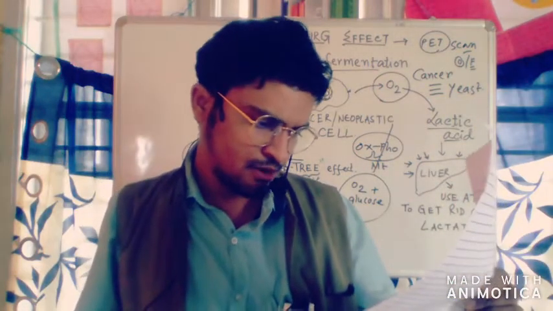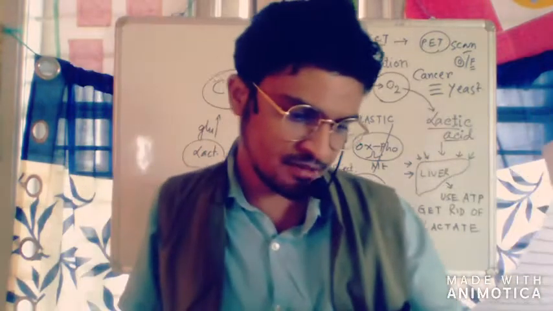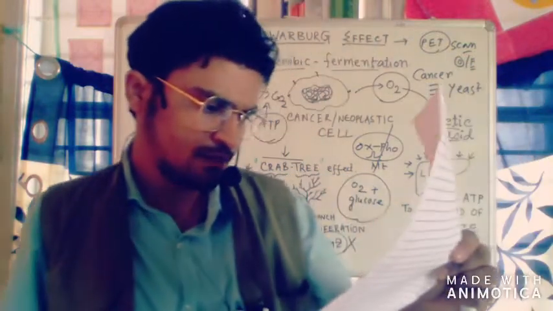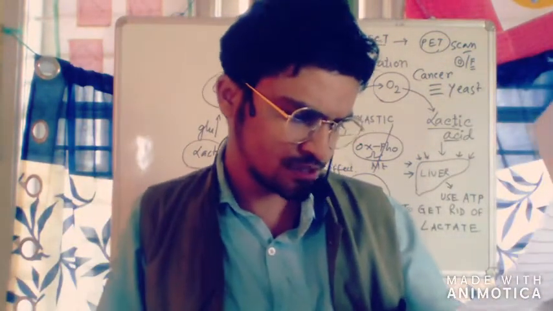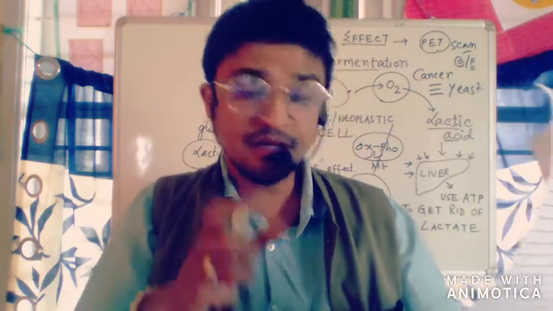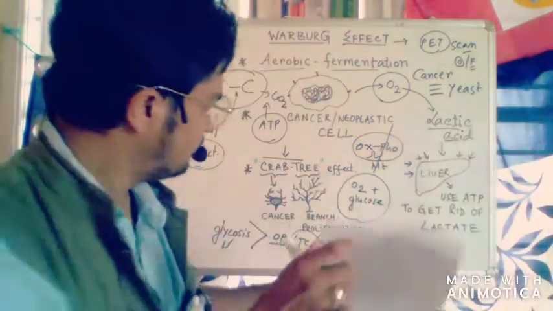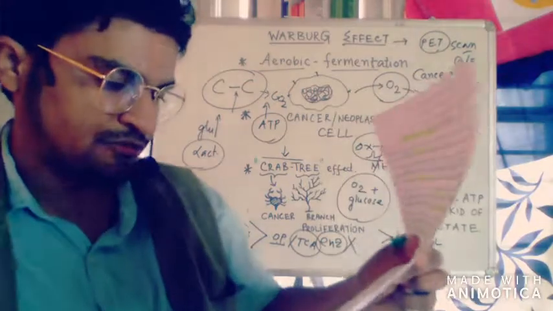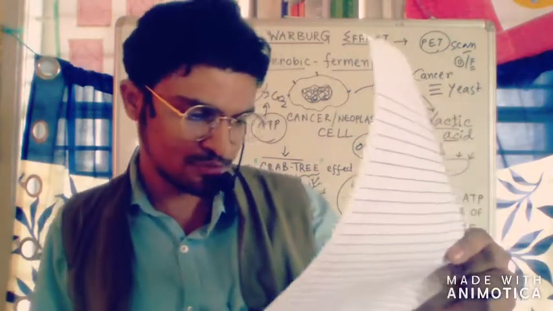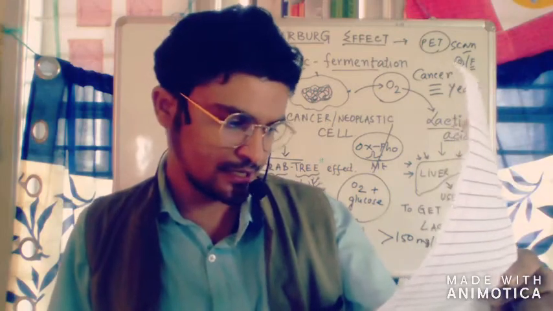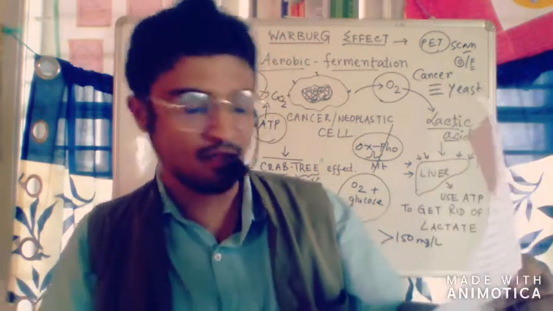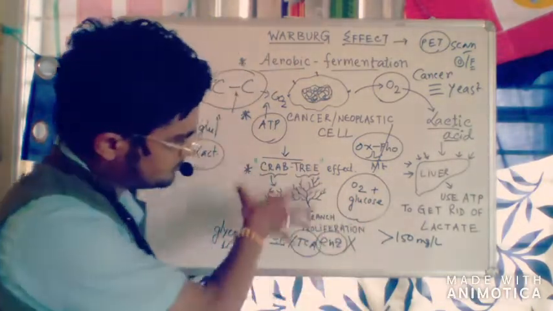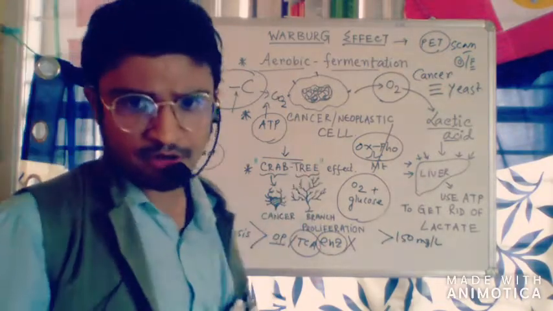One very important value they have given: rather than producing biomass via the TCA cycle, in the Crabtree effect they produce alcohols even under aerobic conditions. The experimental research has found that the amount of glucose should be greater than 150 milligrams per liter. That is the important information I must share. So the amount of glucose should be more than 150 milligrams per liter in the organism. In that case, you can see a favorable state for these two effects, and the Crabtree effect will be promoted. So these are the basic two hallmarks of the cancer cell.